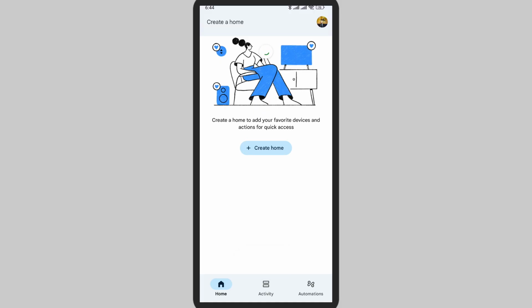Now it's all deleted. Now if you want to set up a new home, simply tap on create home and